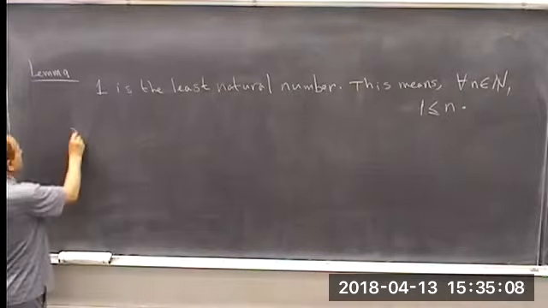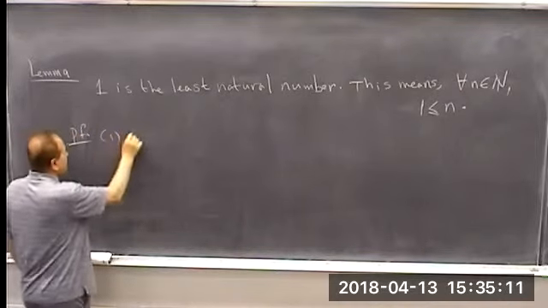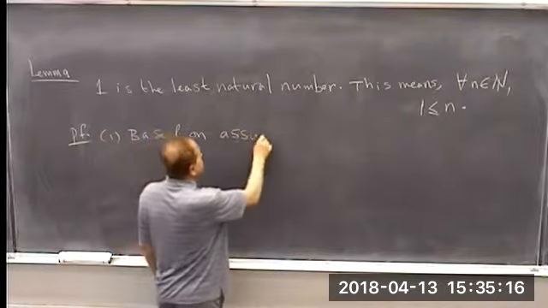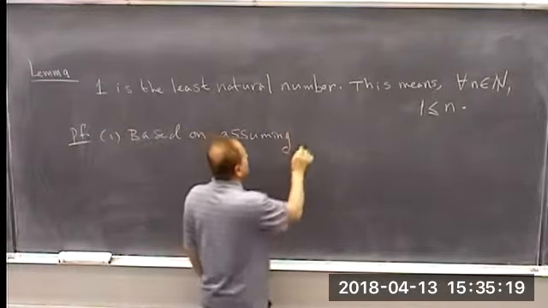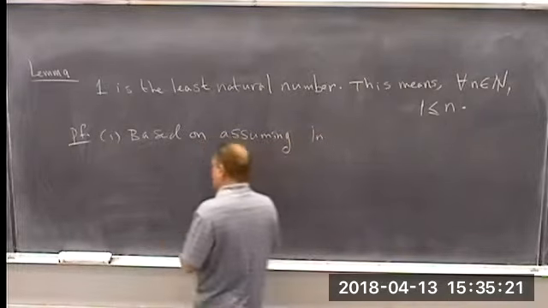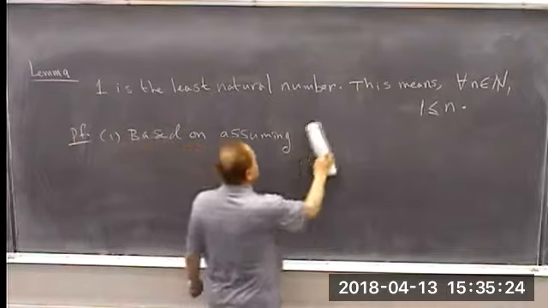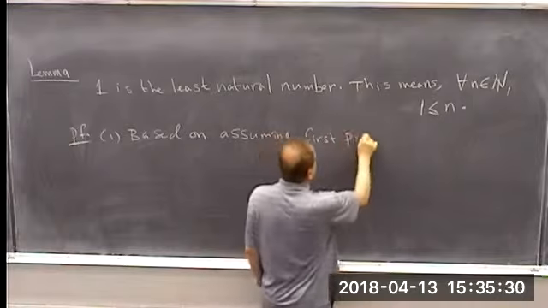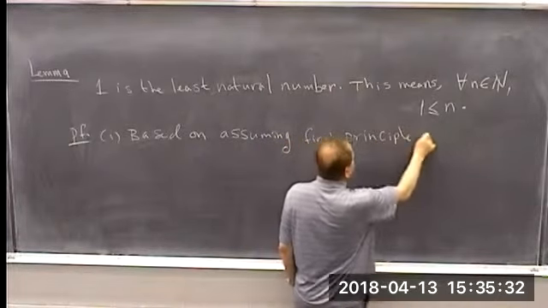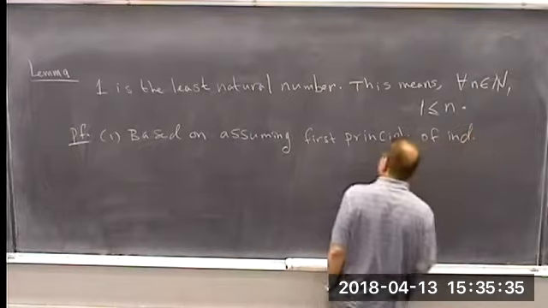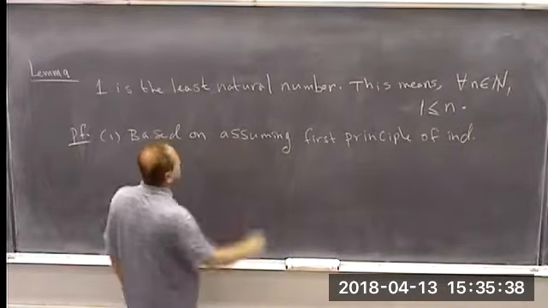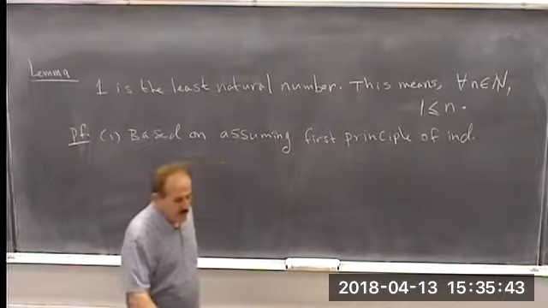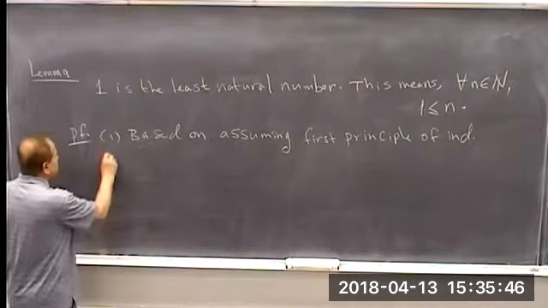Okay, so the first proof is based on assuming the induction axiom, or first principle of induction. I make a difference with this, we call it first principle of induction. Okay, so we're going to assume this is the one which is true. And the proof goes like this. We're going to define